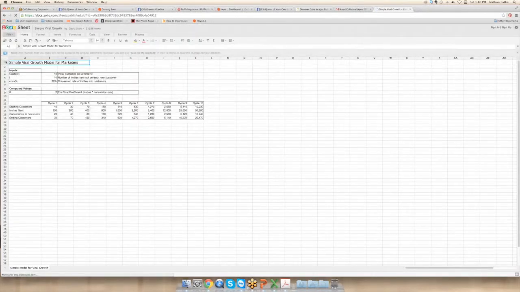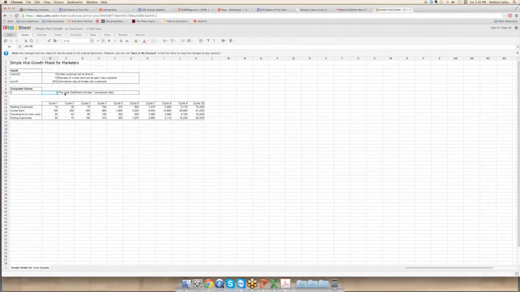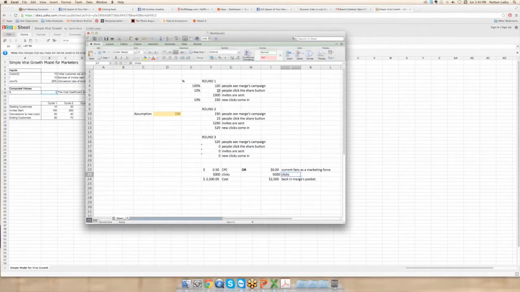Again, we already went over some of these numbers. Time zero, I is the number of invites sent, conversion percentage is the rate of invites to, quote unquote, customers. So you want to get that viral coefficient to be greater than 2.